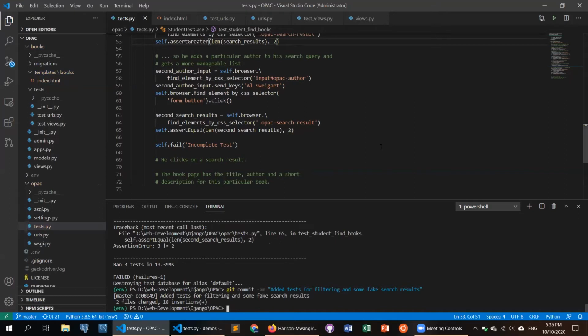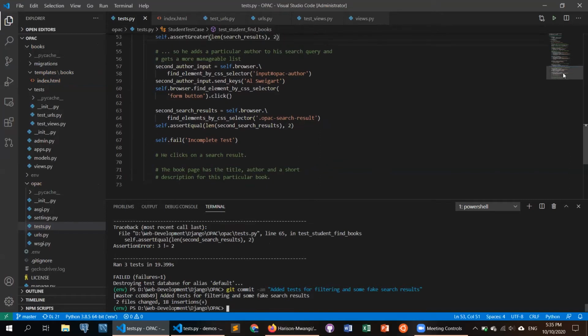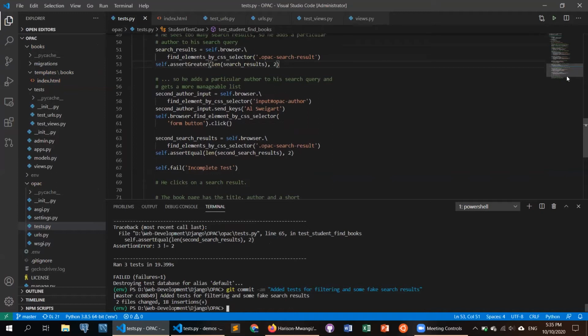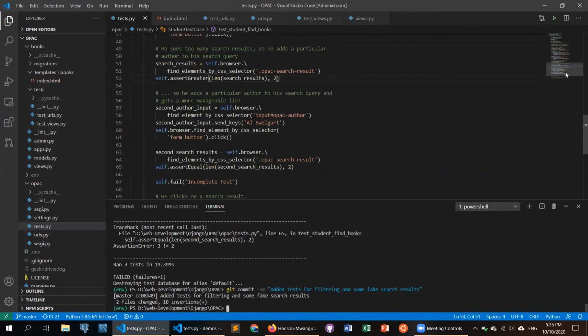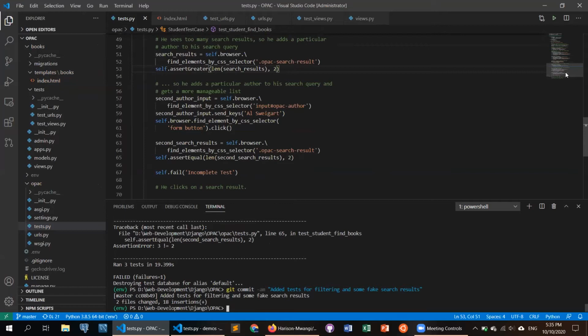So on to the next thing. Now having dynamic results requires us to have something where we should get this information from the database and filter the information from a particular database, and that requires us to implement a model, and probably we might adjust our view to be able to implement that search